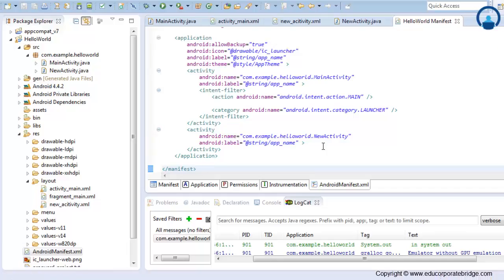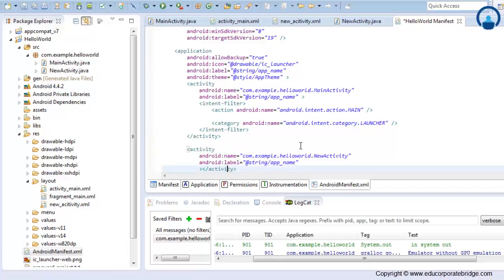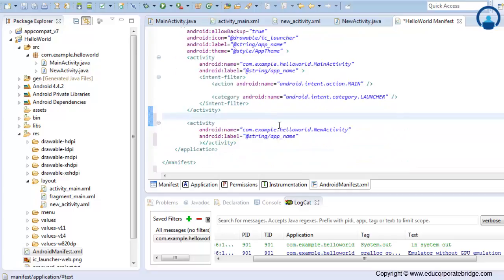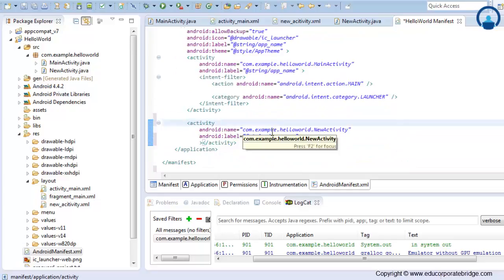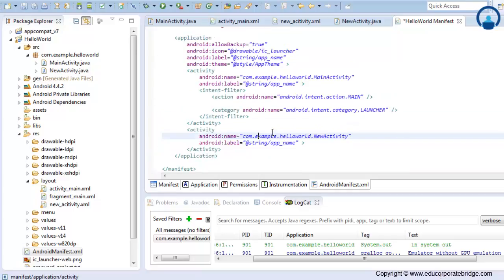To format it you can just press Ctrl+Shift+F. This is the way the code was. If you want to format it, there is one shortcut, Ctrl+Shift+F, and you can see code has been formatted and it's looking good now. So this is how you define a new activity in the AndroidManifest.xml file.